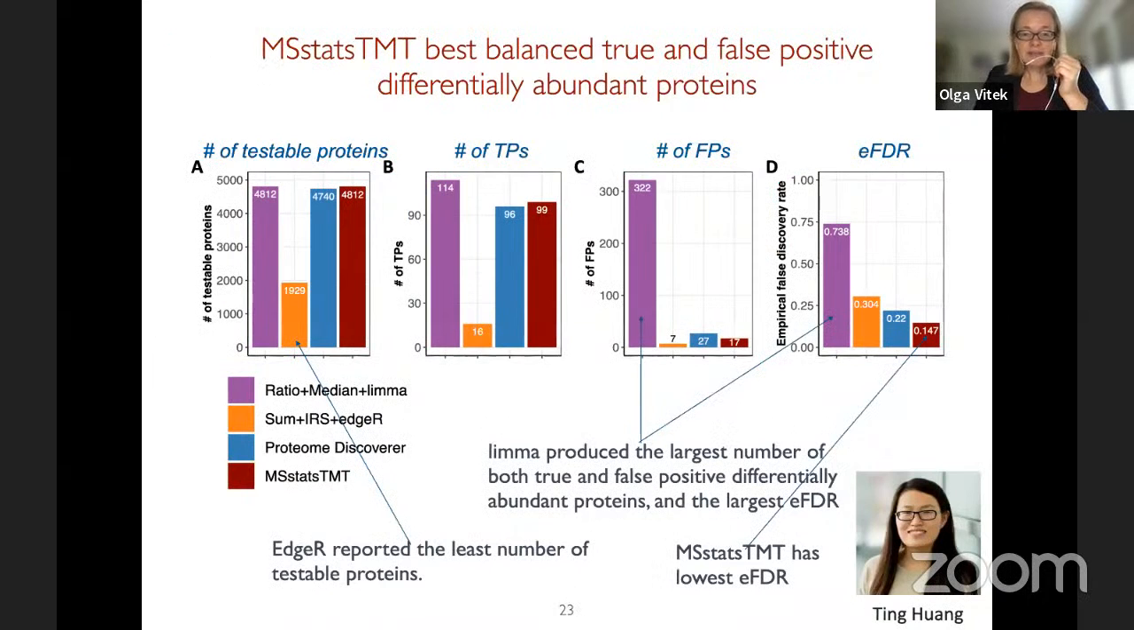So just a little bit on the results, and Ting will tell you more about that. What is important for us is several things. Well, of course, the performance is important, but what is also important is the number of testable proteins. So how many proteins can we actually analyze with this approach? And it turns out that Limma, but also sometimes people use edgeR or some commercial tools for this type of analysis, it turns out that